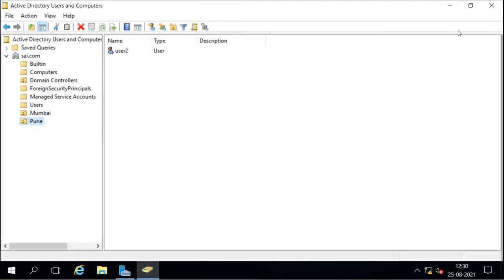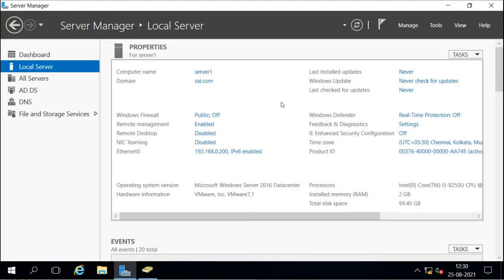Now if I create a new domain, it will not have the same Active Directory. It will have a new Active Directory. But if you create another domain controller within the same domain, it will carry the same Active Directory. So I will go to the other server and create the child domain. Now this is our server 2. It is actually a member of the domain, but it does not have any domain controller info or Active Directory domain services. Now we want to configure this as a child domain.